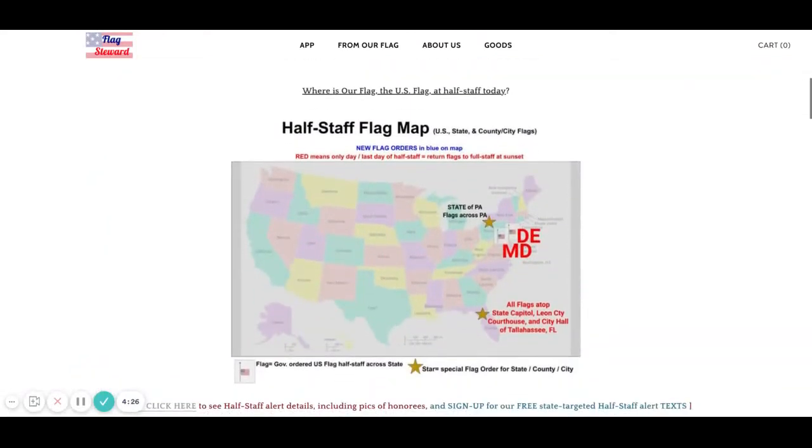So let's kick off today as we do each day, making sure that we know that our school, home, or business has the flag at the right position. Where is our flag, the U.S. flag at half-staff today? Well, we've got one new half-staff in parts of Florida, honoring one of their former state